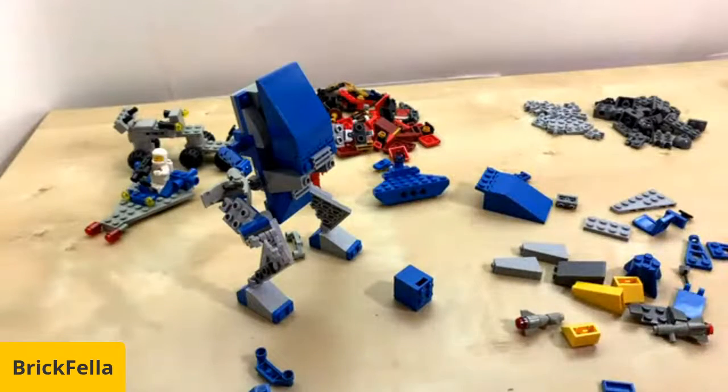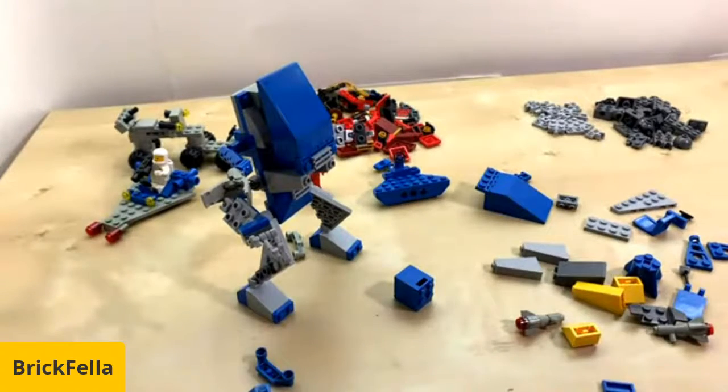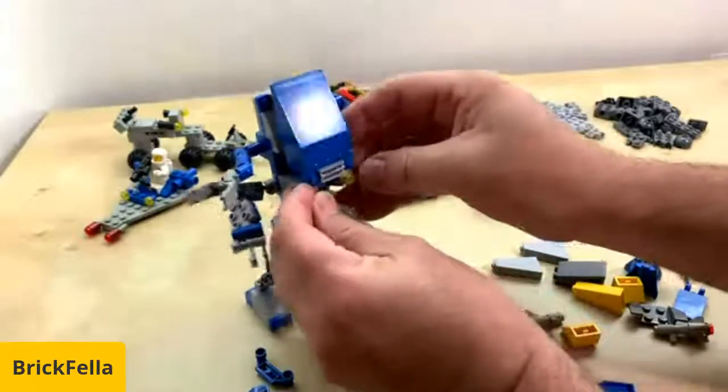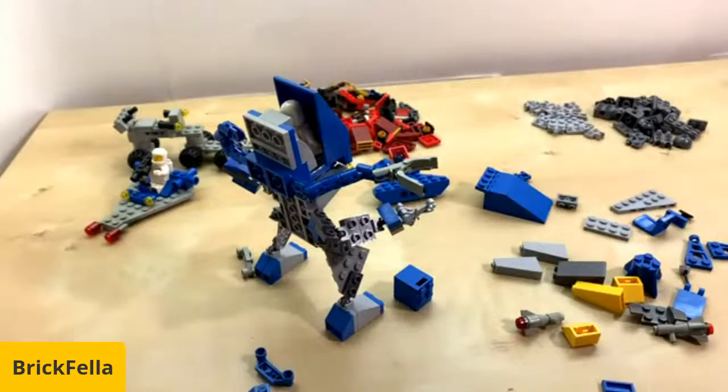We can put some yellow lights on the front there. Let's get some lights out. We're gonna do some lights right there, because that way he can shine where he's going. And then still gotta finish this arm off. To do that, I do need 2 of those. I do have 2 of those. What I need to find